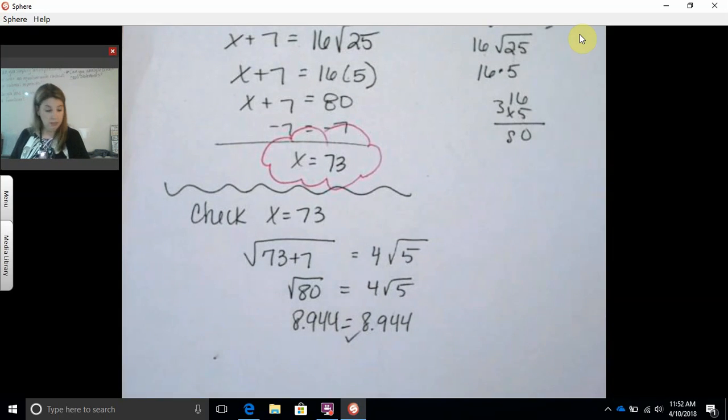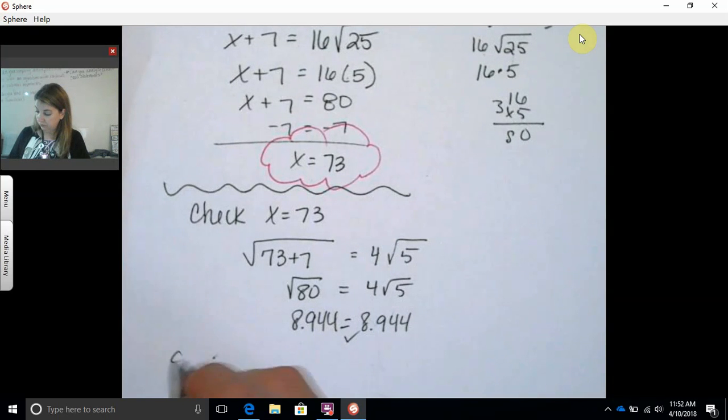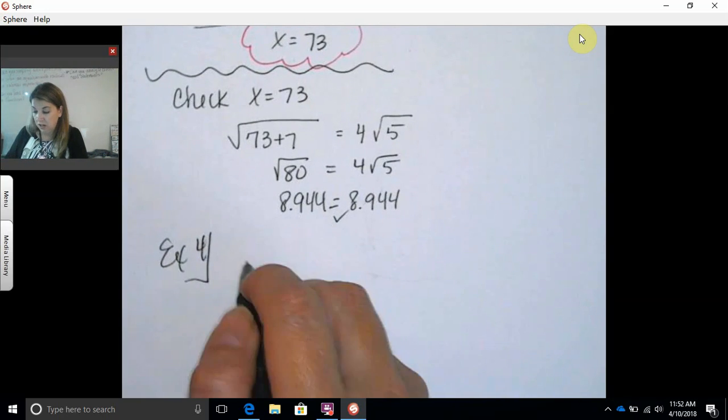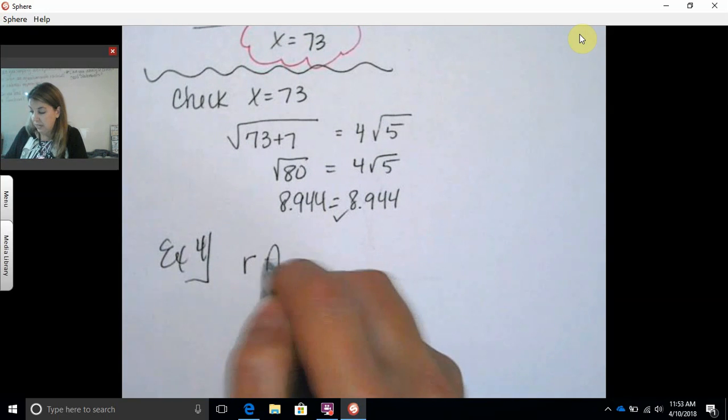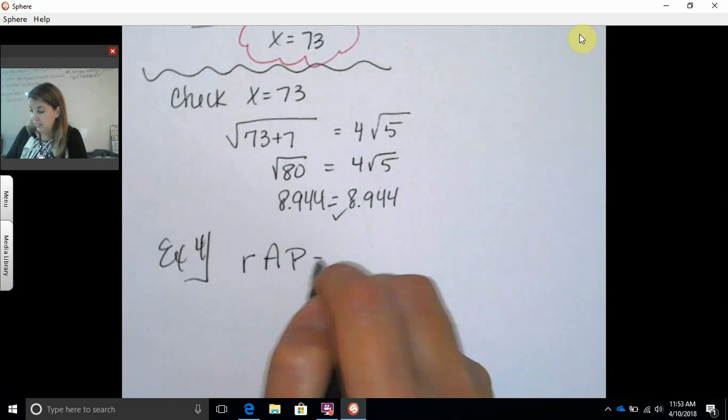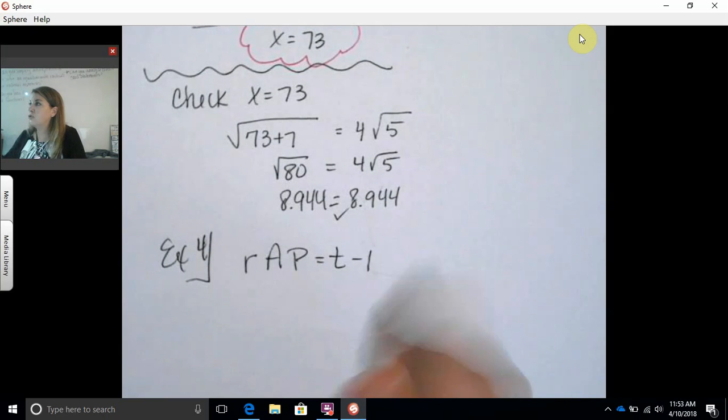Okay? The book says, recall that when the compound interest formula is solved for the variable r, the resulting equation is r equals the t-th root of A over P, minus 1. So they took that compound interest formula that we're used to using, like A of t equals A times 1 plus r raised to the t. So they took that,